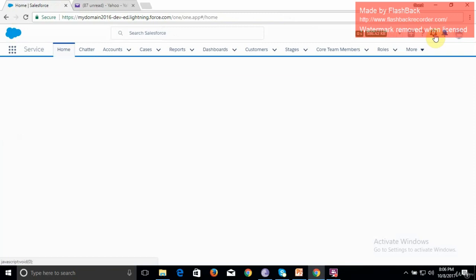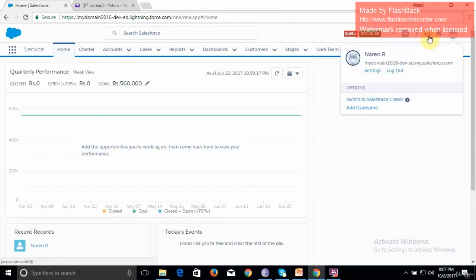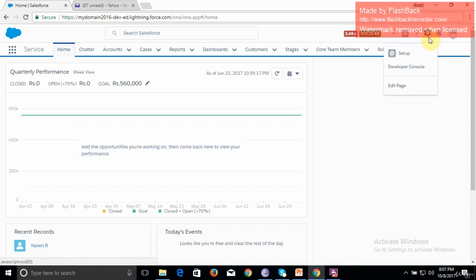And if you are searching for your setup, if you see here, this is what we were talking about. This is a home page we were talking about. And here, if you see, again the setup screen is on the top right. Your personal information will be here, logging out, logging in. On the top right you see the wrench icon, the circular icon. Your setup is there, developer console, all the menus are there.